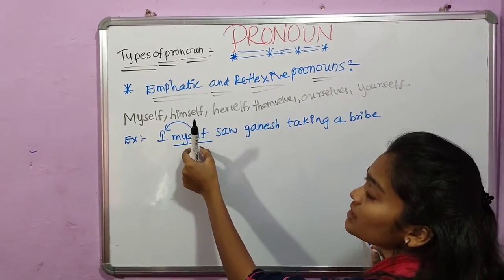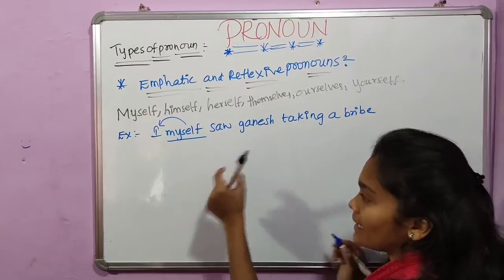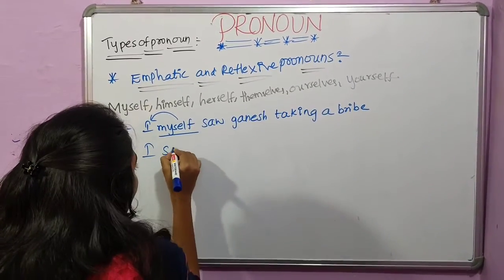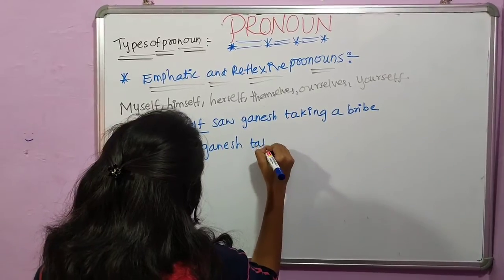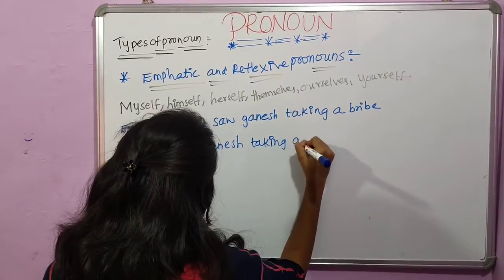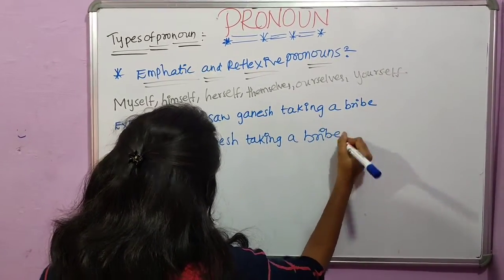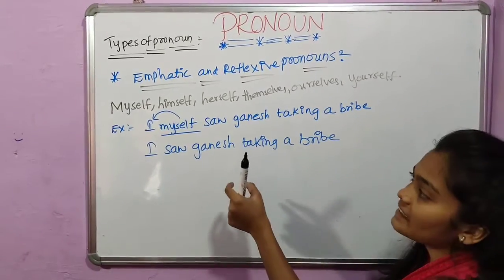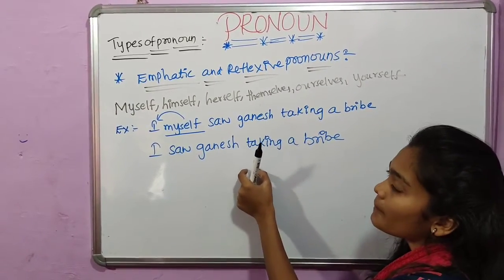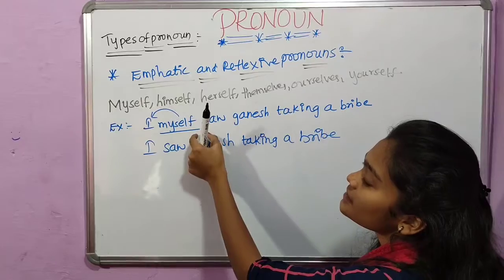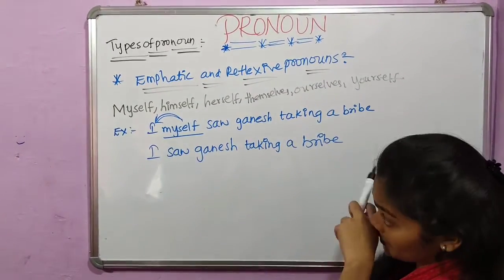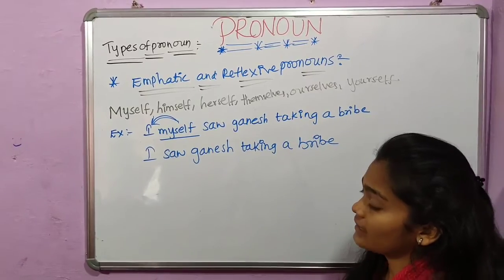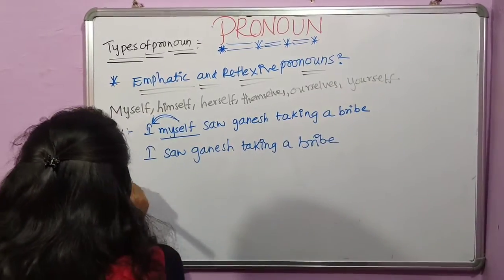If you remove this emphatic pronoun and write the sentence again, I saw Ganesh taking a bride. The meaning of the sentence does not change, but the main difference is that in this sentence myself emphasizes the subject. That's it. If you look at another example, that is